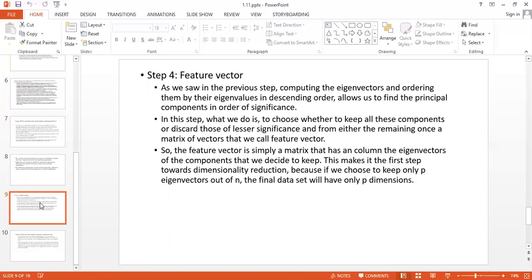This makes it the first step towards dimensionality reduction, because if we choose to keep only p eigenvectors out of n, the final data set will have only p dimensions. So we simply put together the matrix whose columns are eigenvectors, and we have to decide which ones to keep and which ones to skip, so that it reduces the dimensions, and accordingly we can go for the principal component.